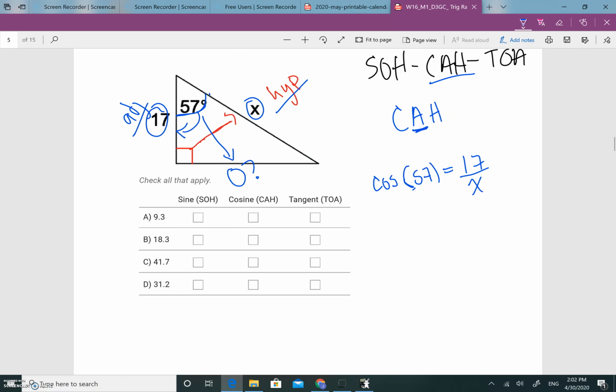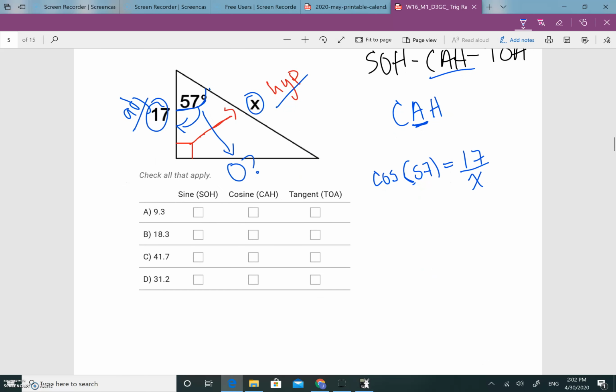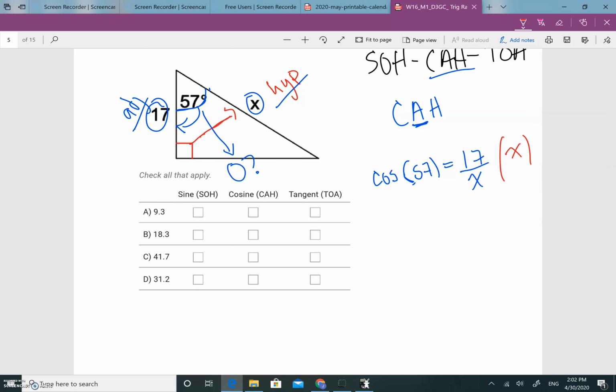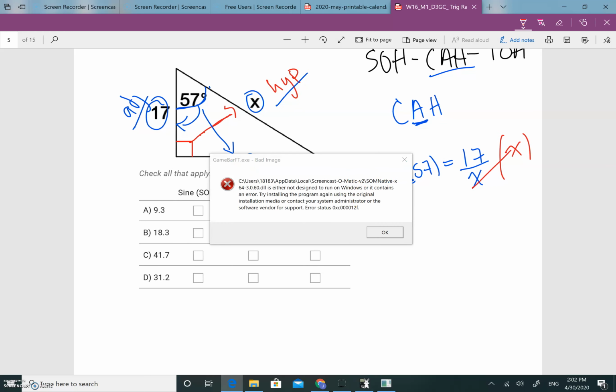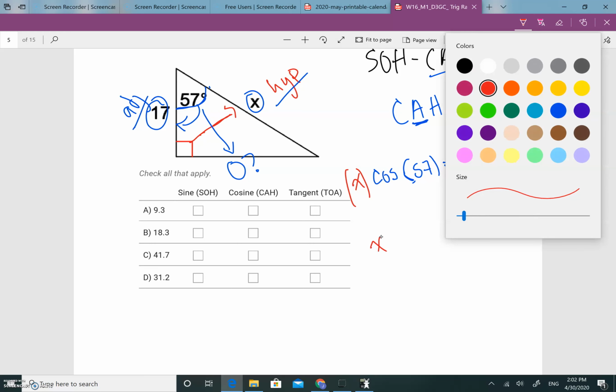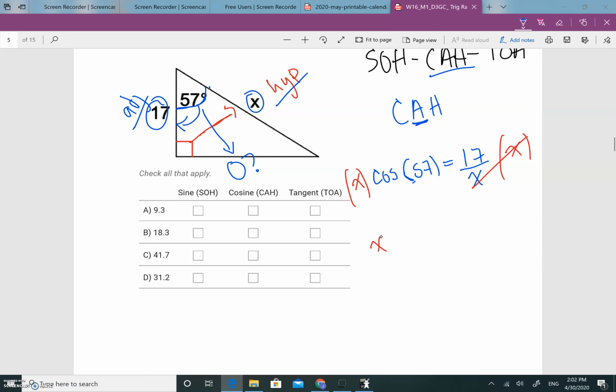And in this one, what's my denominator? My denominator is X. So that means that I have to multiply both sides by X. Now these two are going to cancel out. So we have X times cosine of 57 is equal to